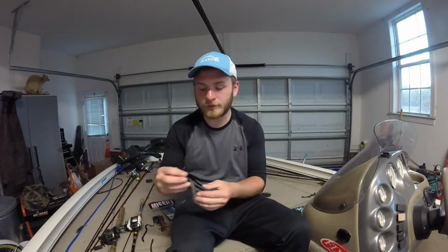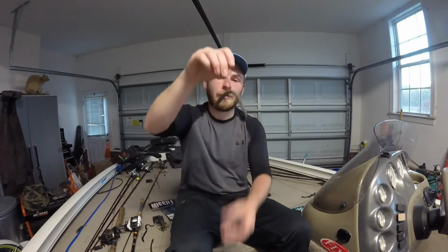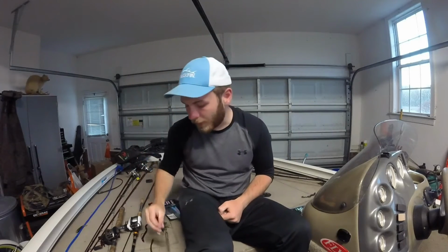And also for the tough days, or when you need the bait to stay in the strike zone the longest, is a wacky rig Senko or a straight rig Senko. And basically it's just a stick bait weightless rig, and it'll fall real slow right in front of the fish's